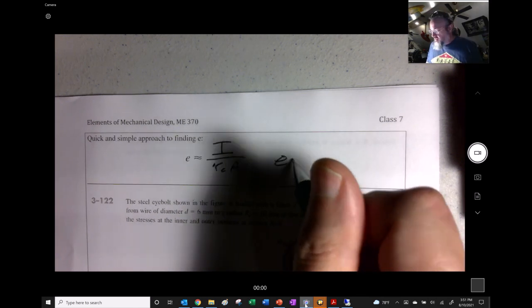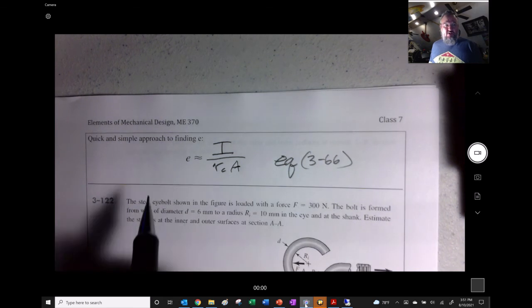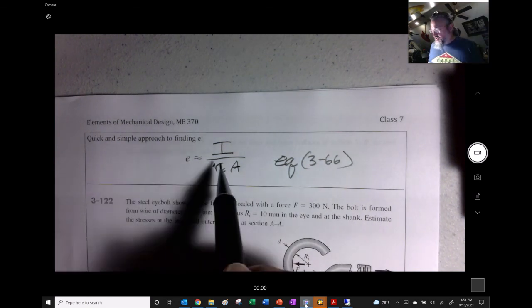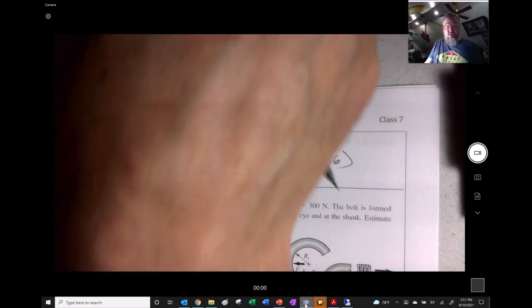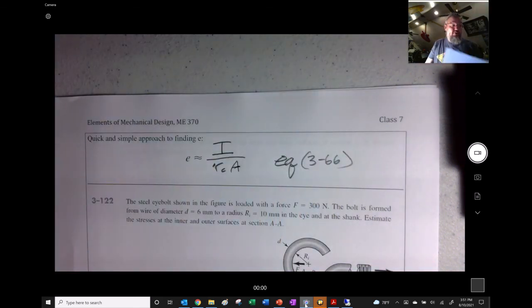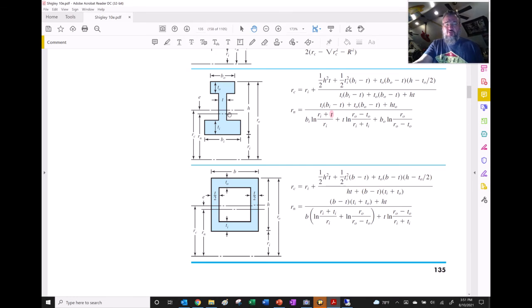And so this is equation 3-66. So it's something else I wanted to point out. So a quick and simple approach to finding e, or confirming that you're in the ballpark, which was kind of an important thing for me to do when I got to doing a problem like this,